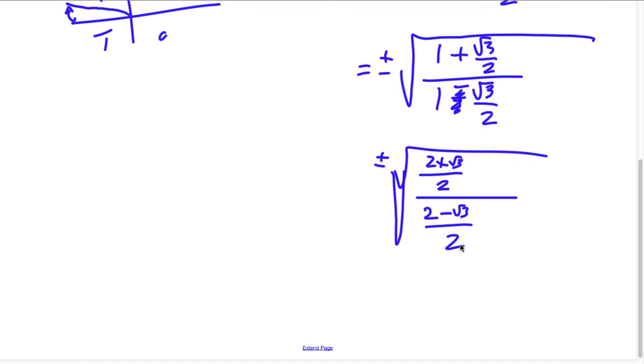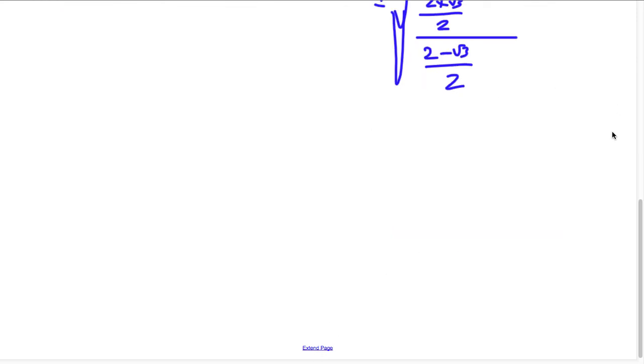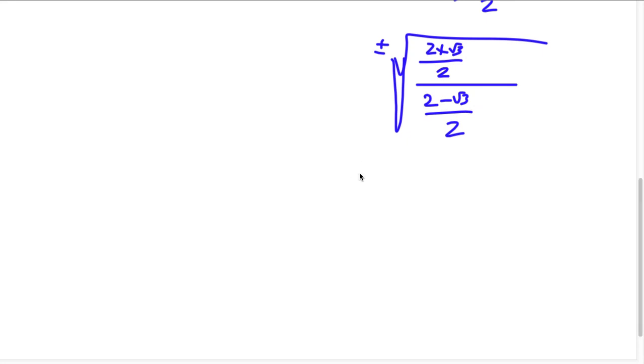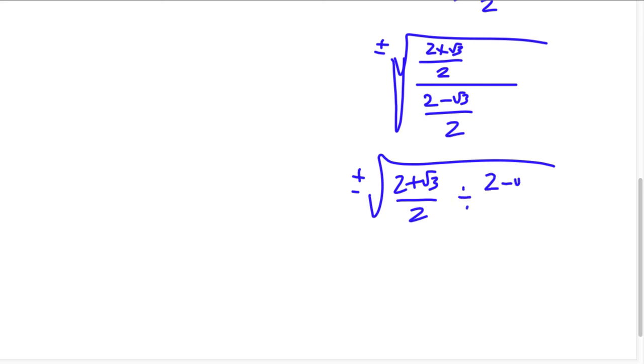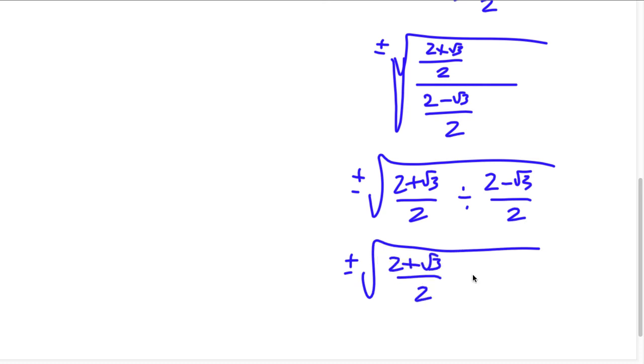Since they both have denominators of 2, this is dividing, so if I wanted to, I could rewrite it like this, plus or minus the square root of 2 plus root 3 over 2 divided by 2 minus root 3 over 2. And then divide, invert, and multiply. So plus or minus, you see sort of the fun stuff that happens now. This would be times 2 over 2 minus root 3. The 2's cancel,